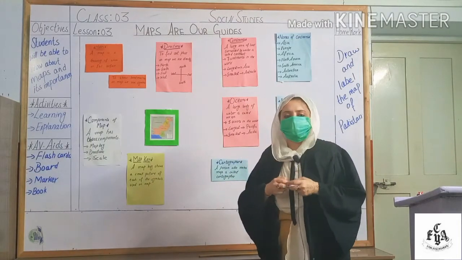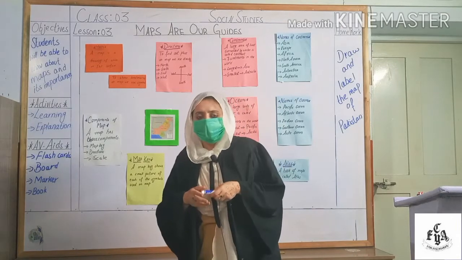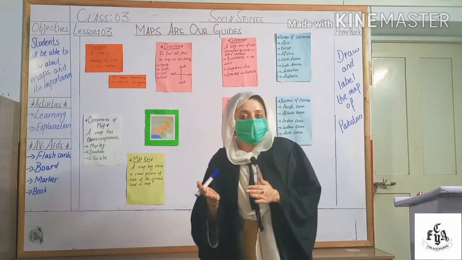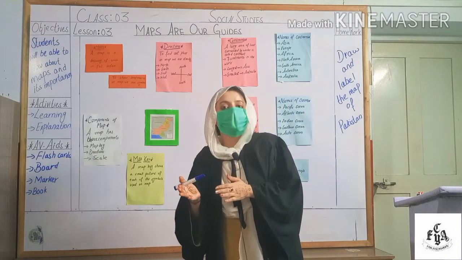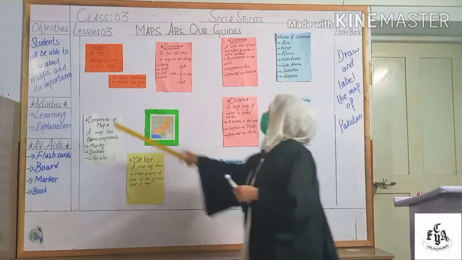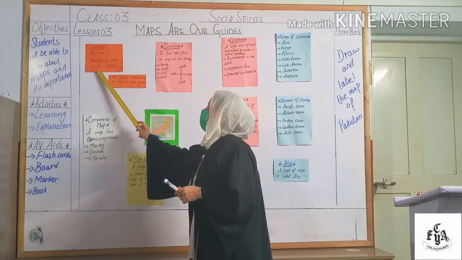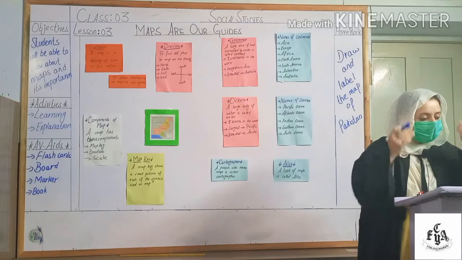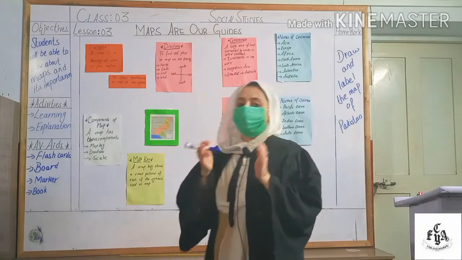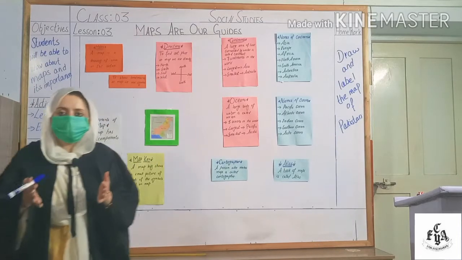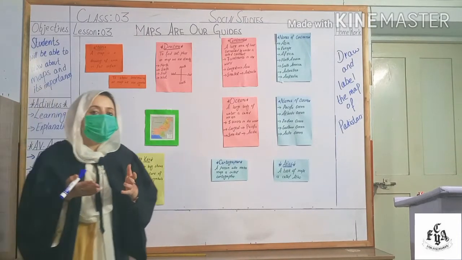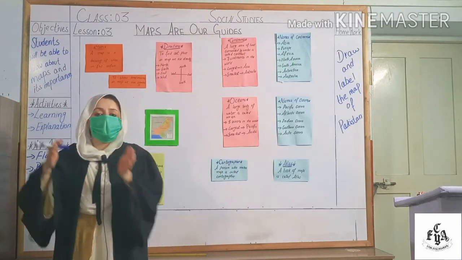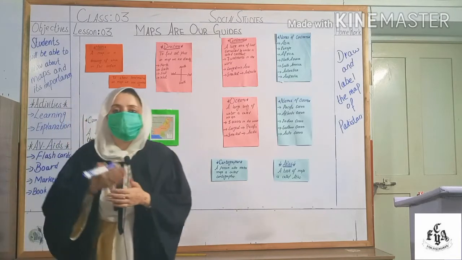Students, what are maps? Do you know what a map is? Why do we use maps? Yes, very good. When we want to go somewhere, we use maps. So here is a definition. A map is a drawing of an area on a flat surface. Maps are drawn to show the area and neighborhood. Again I am repeating, we use maps when we want to go somewhere and we don't know the way to that place. So we take guidance from the maps.